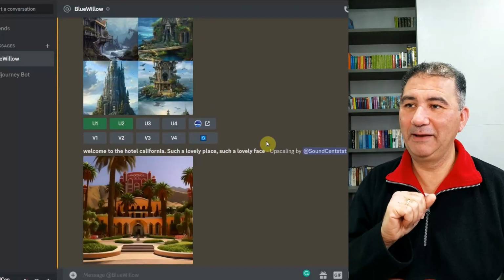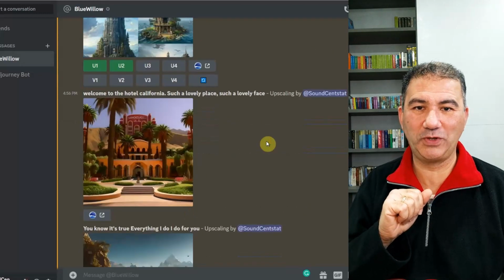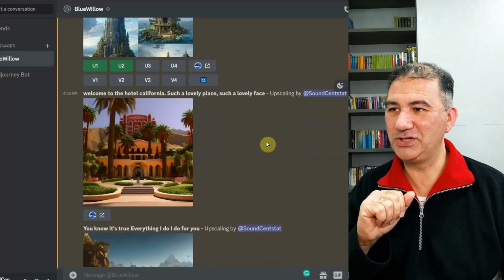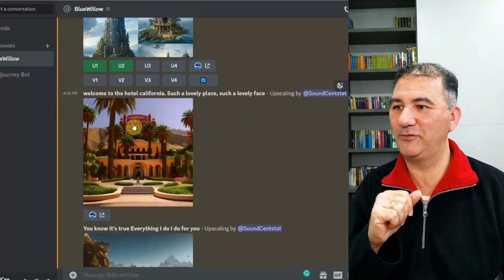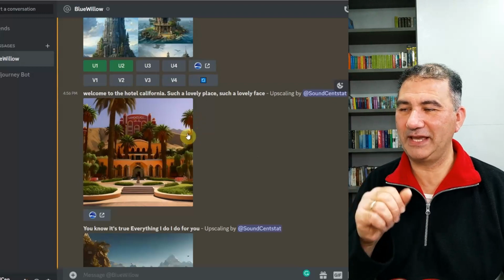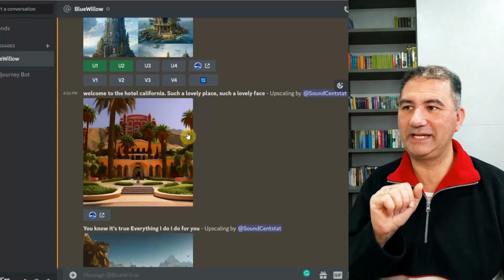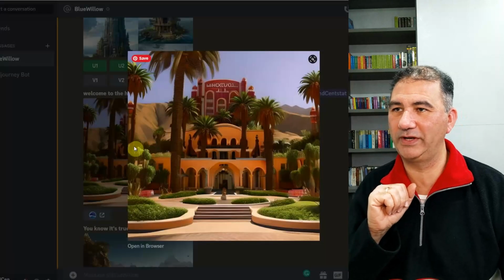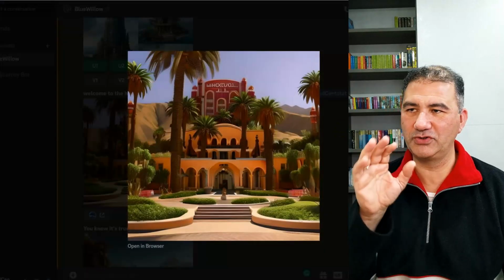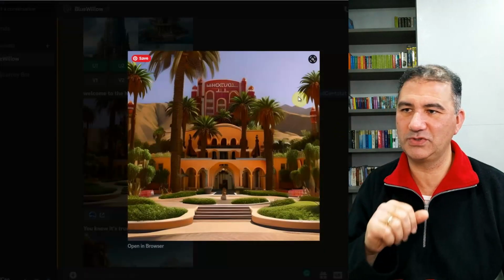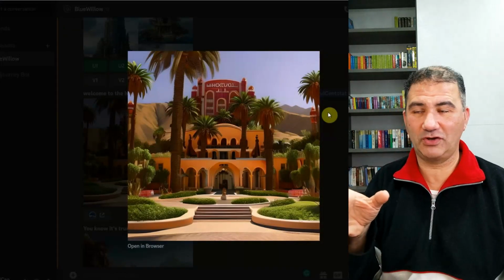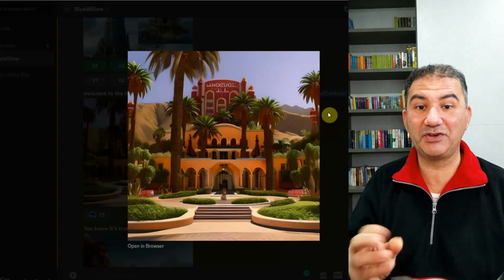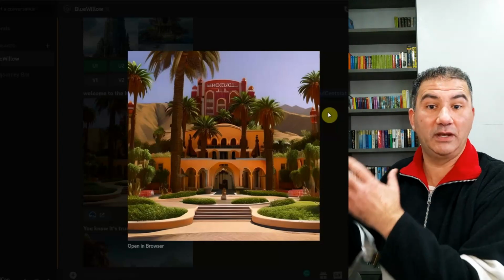All right. I'll let you guys decide which song this came from, just by looking at the image here. Okay, the Eagles, Welcome to the Hotel California. This one was upscaled. It gave me 4 really decent images. I think this was the best one here. Obviously, there's no text on the building, which is absolutely fine because we don't want anything referring to the song here. We just wanted to use the lyrics to generate images that we can use in other ways.